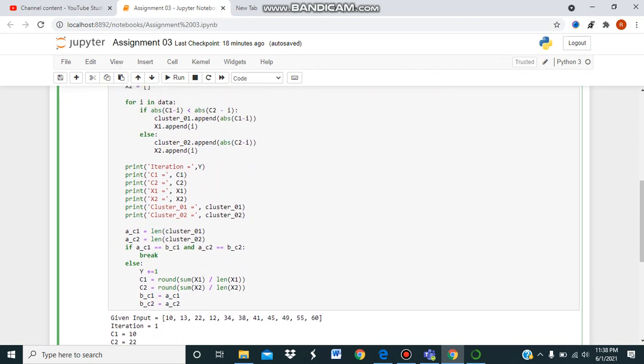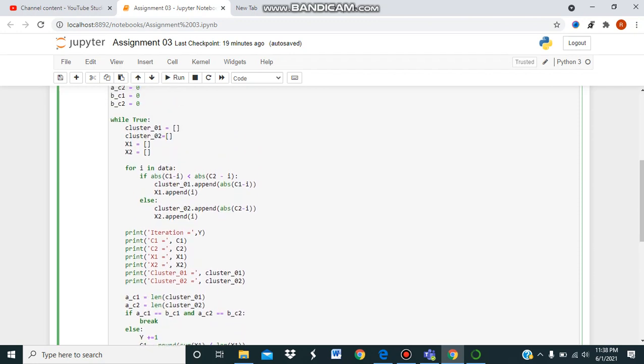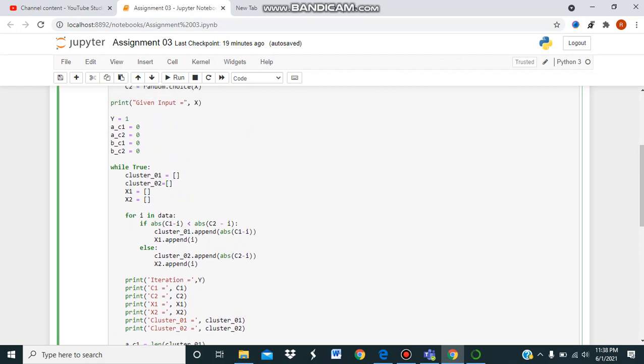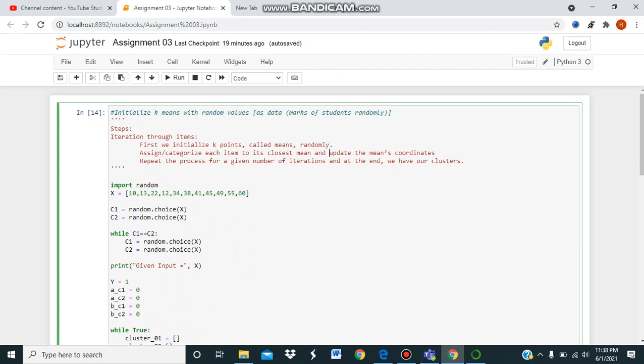Now we will assign each data point of the scatter plot to its closest k point, as we need to find the closest cluster. So we will repeat the process by choosing a new centroid with a while loop. Here we import random so that we can choose a random value of student marks as data.